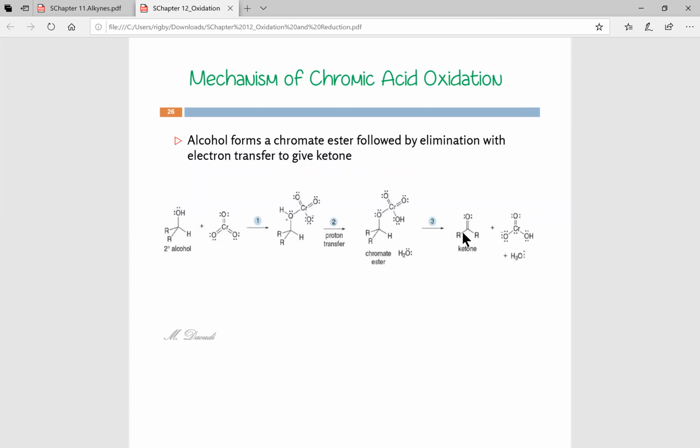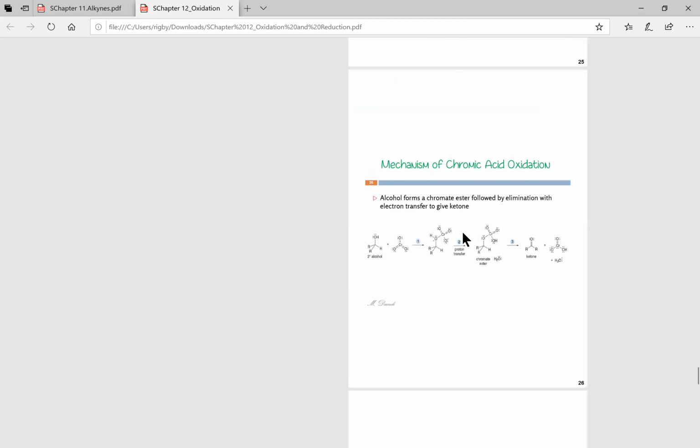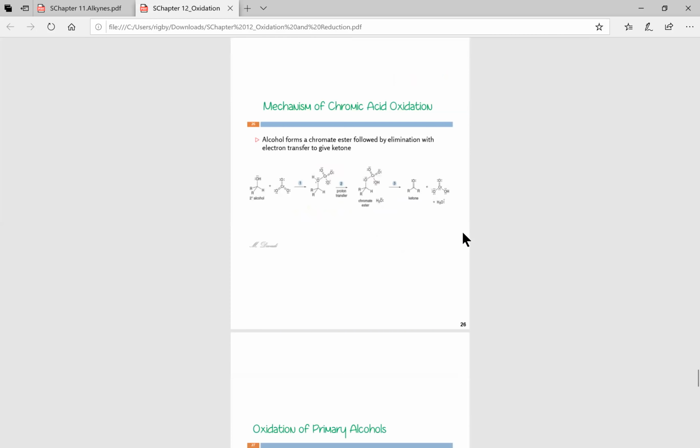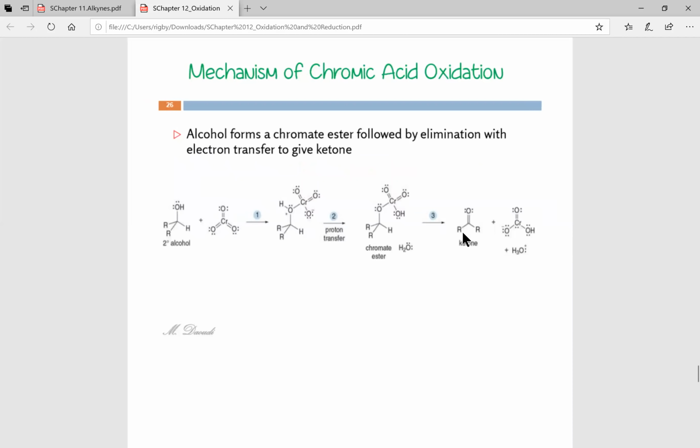So somebody said, what is a reactant for the secondary alcohol? PCC, we'll get into that a little bit later. That's on this side right here. So we can see here, here's sort of the idea of how the